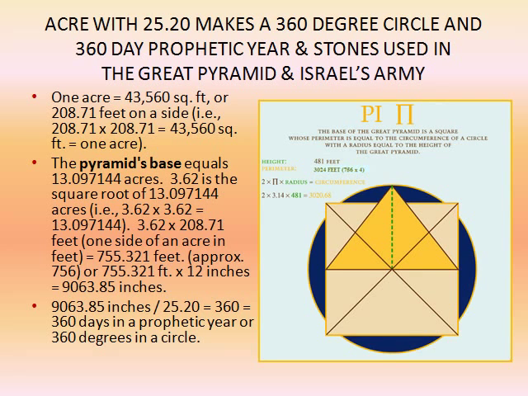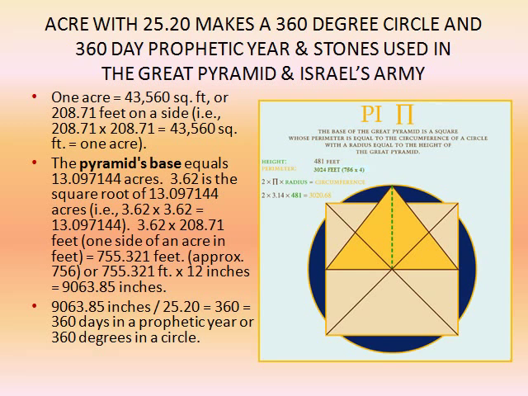An acre makes a 360-degree circle and 360-day prophetic year, and stones used in the Great Pyramid and Israel's army. 1 acre is equal to 43,560 square feet, or 208.71 feet on a side for the pyramid's base. The length is equal to the width, and the square root of 13.097144 acres is the number of acres of the base of the Great Pyramid times 208.71 feet, the side of an acre in feet, is equal to